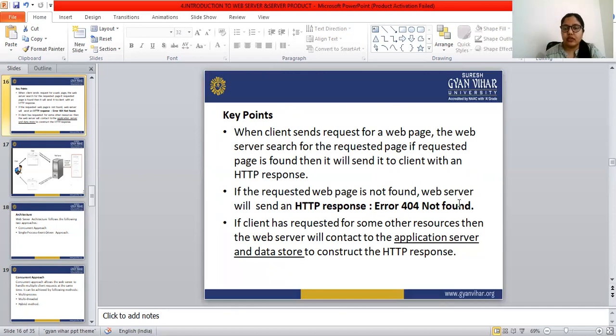If the client has requested some other resources, then the web server will contact the application server and the data store to construct that HTTP response. So this is the way the web server and the web browser work together.